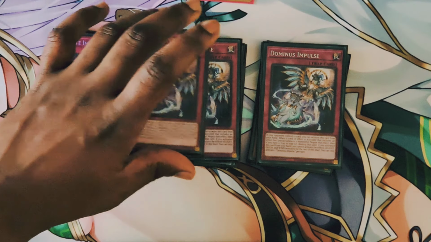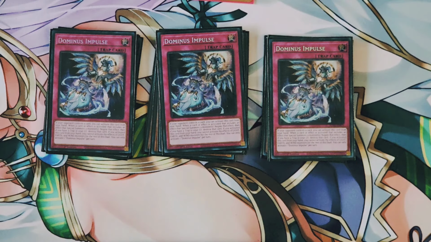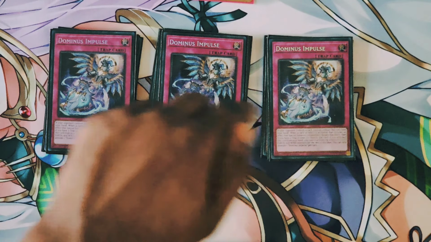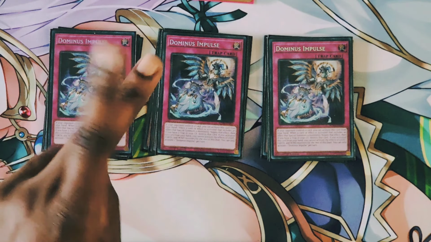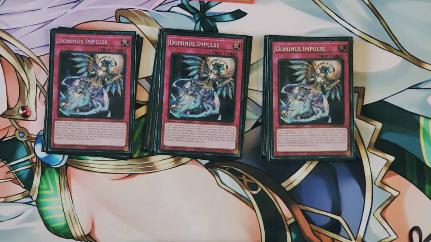And probably the best non-engine card in this entire deck is Dominus Impulse. Dominus Impulse is... I feel like this card is too good. And I don't think it's too good because of its effect. I think it's too good because of the restrictions, right? Dominus Pulse and Dominus Purge, I deadass think they should have had their attribute restrictions reversed because...